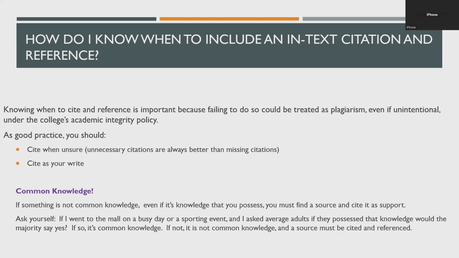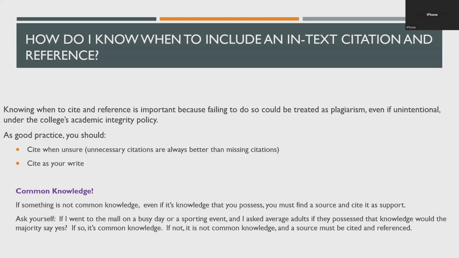And then at the bottom of this slide here, we talk about common knowledge. If something isn't common knowledge, even if you didn't get that information from anywhere in particular, and it's just something from your own experience, you still might need to cite it, especially if you are not an expert. If you're talking about something that you don't have a degree in, or you don't have a lot of firsthand experience with, or you're not a known expert in that field, you probably still want to find a source that backs up that information. So what is common knowledge?